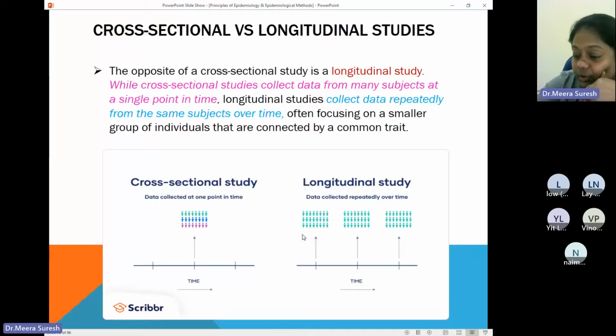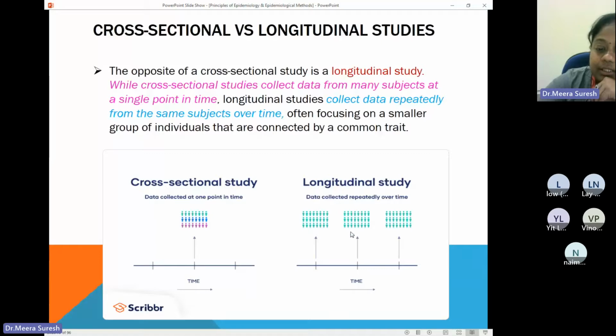So this month you went and collected their data, and after some time you go to them again and collect the data, and then you go again. So this will be a longitudinal study. This is almost the same study design as a cohort study, but a cohort study will be over a longer duration of years. Even if you are following up for only 1 month or 2 months, it comes under a longitudinal study. Anyway, here the data will be collected repeatedly over time. So that is the difference between cross-sectional and longitudinal studies.